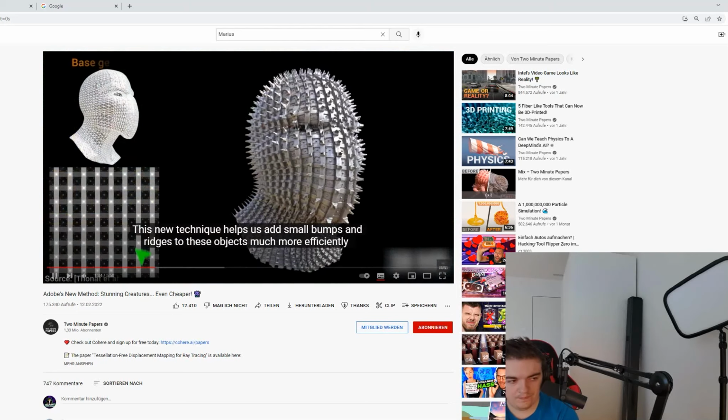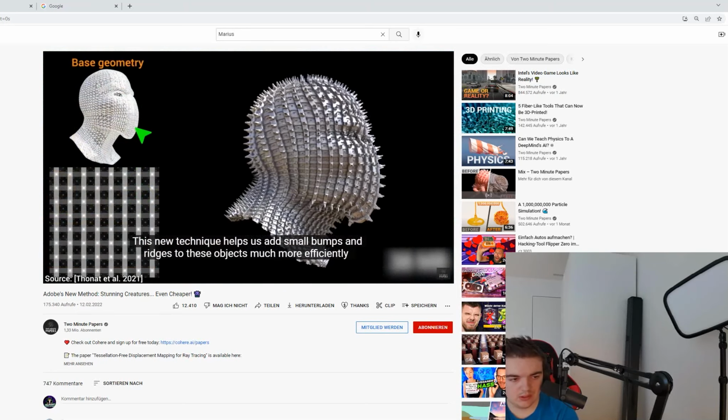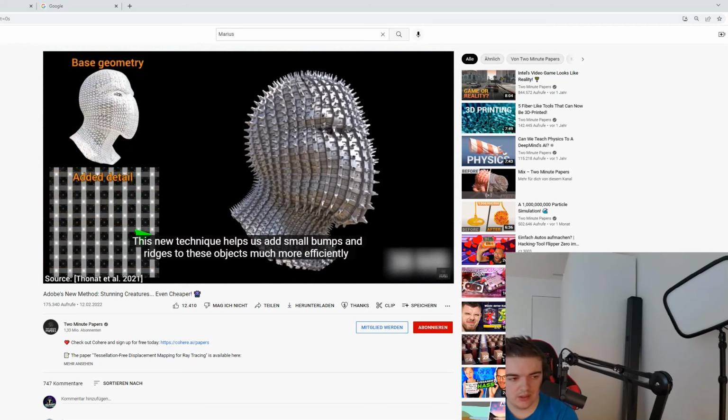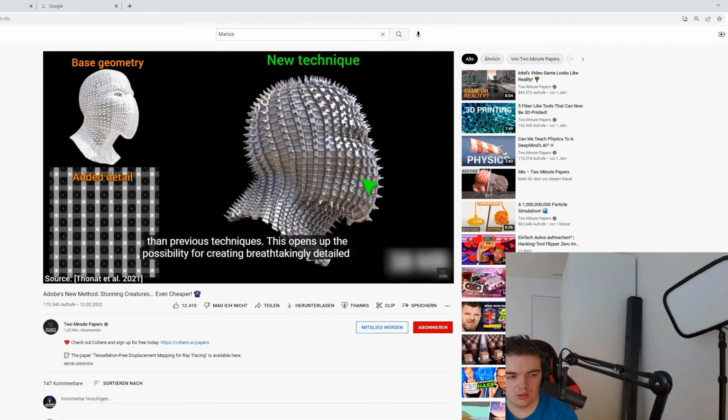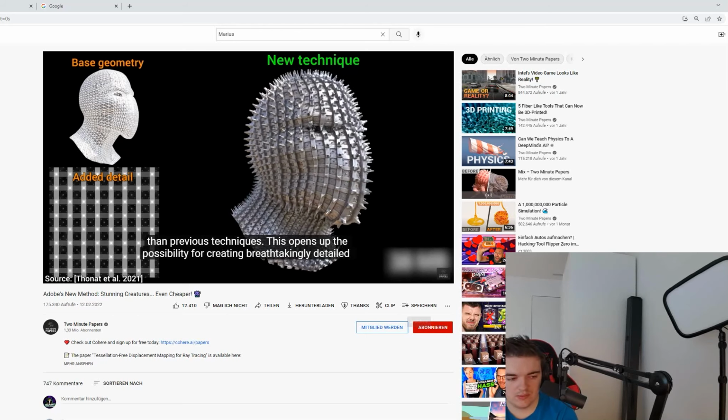But this new technique helps us add small bumps and ridges to these objects much more efficiently than previous techniques. This opens up the possibility for creating breathtakingly detailed